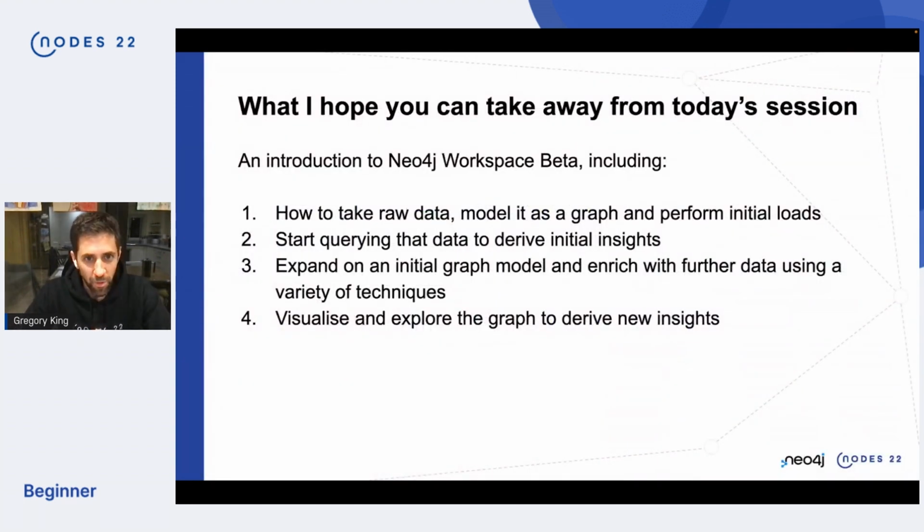So Workspace is available in beta today, and what I'm hoping to do in this session is tell you how you can take an idea, some raw data, some concepts, and model them as a graph and do some initial nodes. Start querying it to derive some insights, and then think about iterating and expanding on that. And then finally, looking at some of the ways you can visualize and explore the graph within